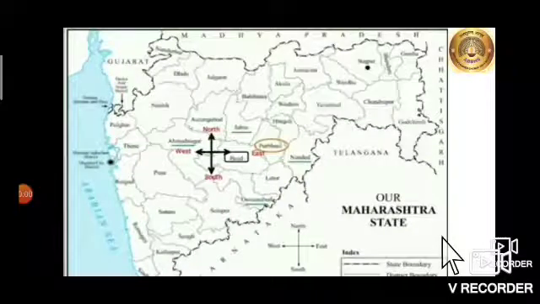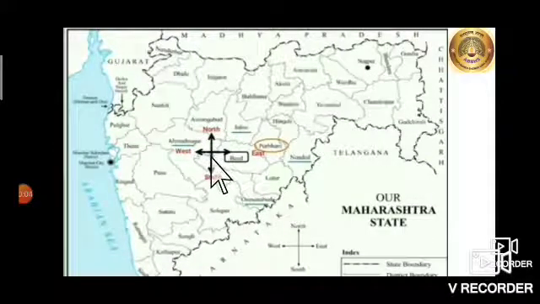Beed. So students, let's do this activity. You have to place a compass rose near the Beed district, and then you have to find out the directions. Now here there is the Beed district. And what lies around? These are your main 4 directions. That is east. Opposite to east is west. And on your left hand side is north. And opposite to north is south. These are your main 4 directions.